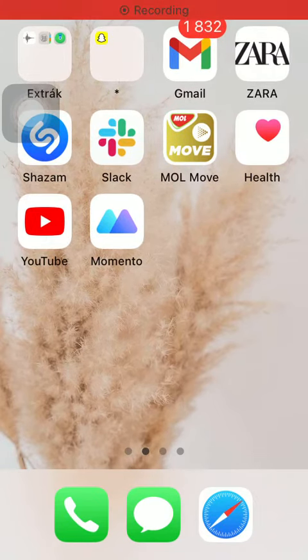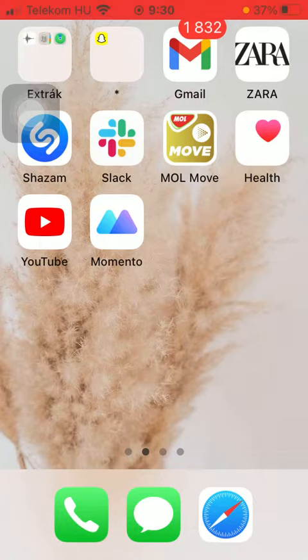Hello guys, in this video I am going to show you how to add stickers to your GIFs on the